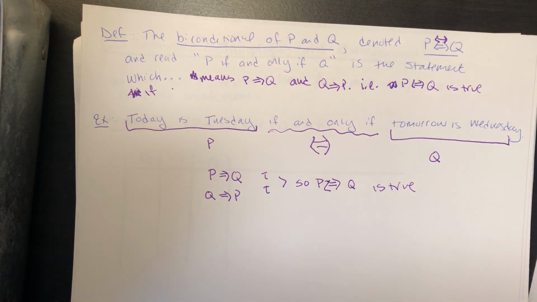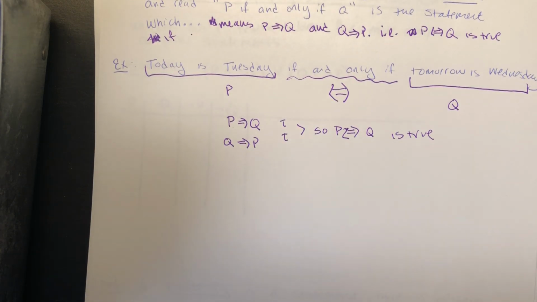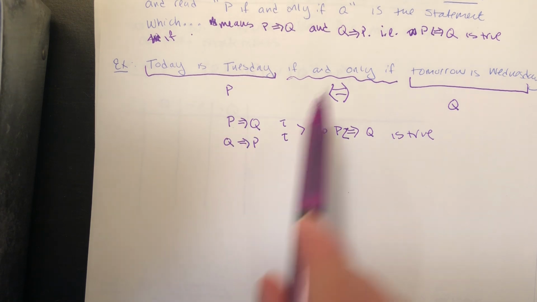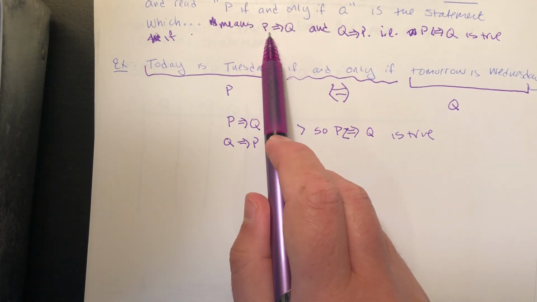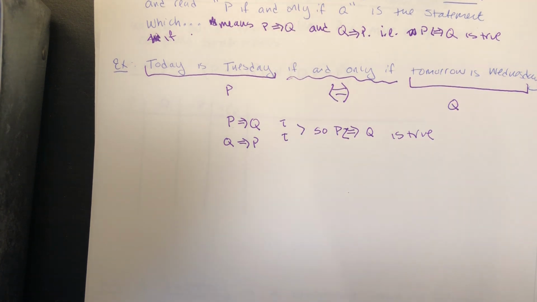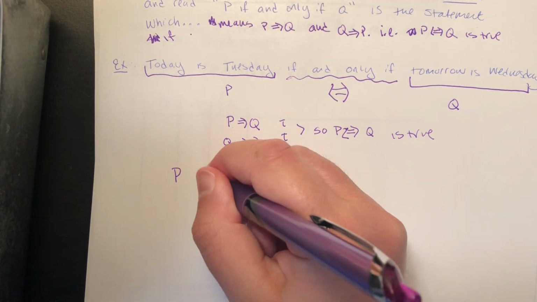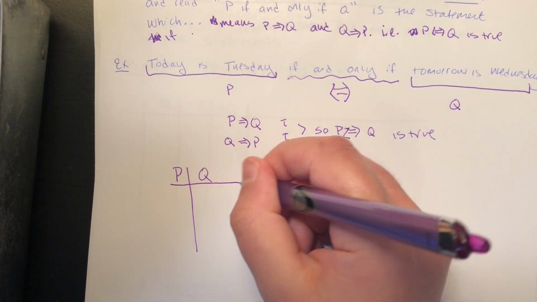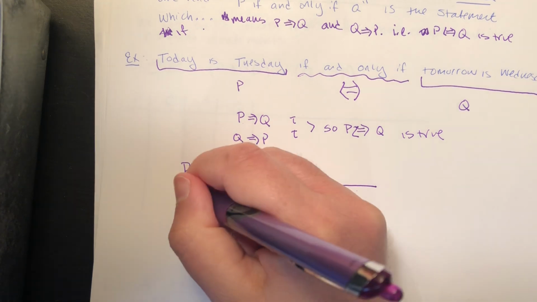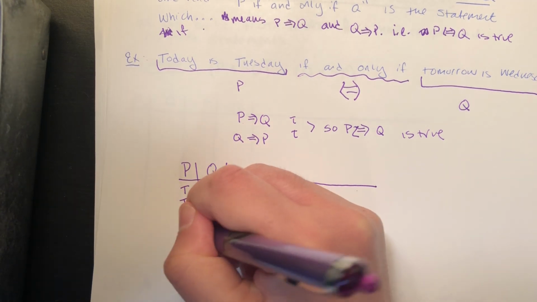But we can build up the truth table for P if and only if Q using what we already know about conditional statements, right? P implies Q, we know what their truth table looks like. And conjunctions, AND statements, we know what those look like as well. So I'm actually going to build up this truth table to figure out just exactly what the column should be for P if and only if Q. All right, so our different combinations would be